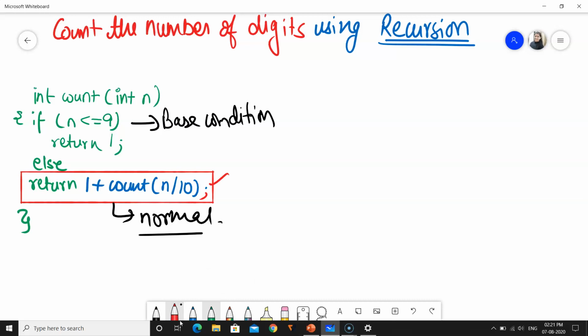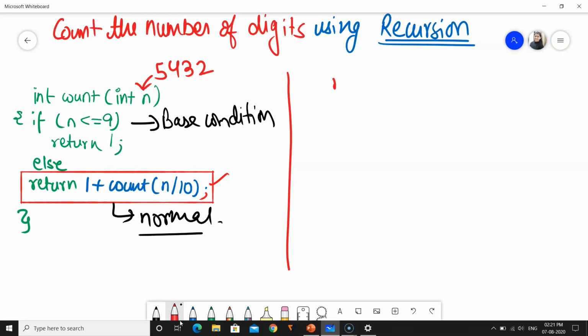This will help you learn how to find out the number of digits in a number. So let me say that I have input n. Let the number be, let's say, 5432. This is my number and I want to find how many digits there are. From the normal point of view, with our eyes, we can see there are 4 digits in the number. But how will we find it using recursion? We will see.